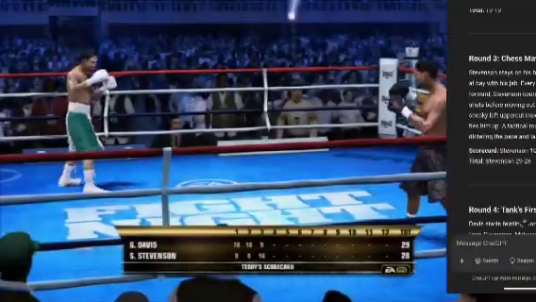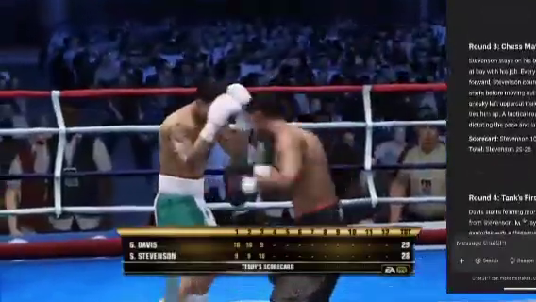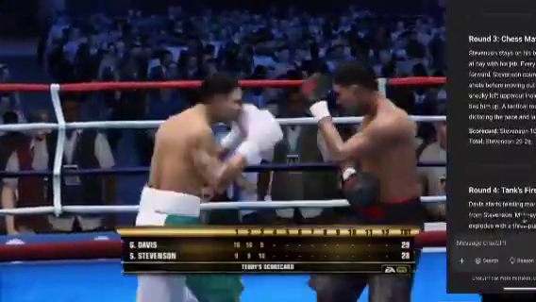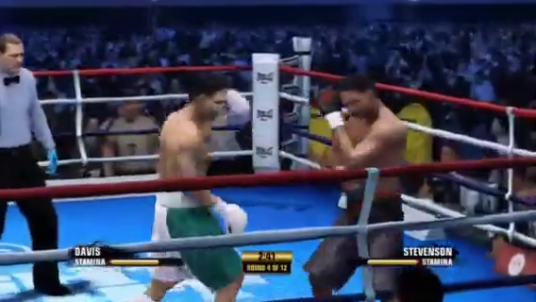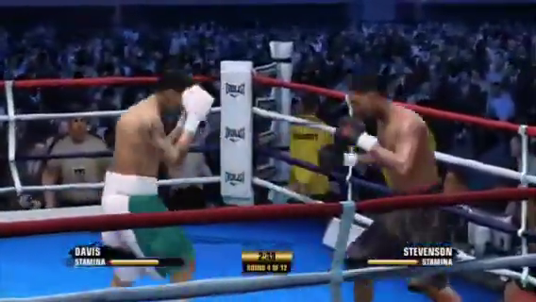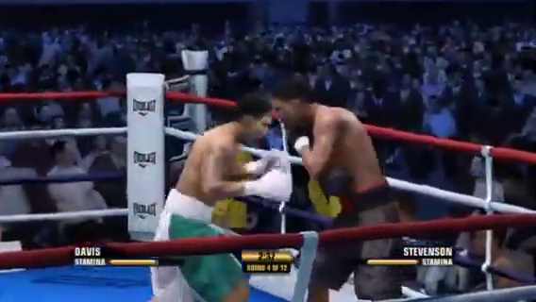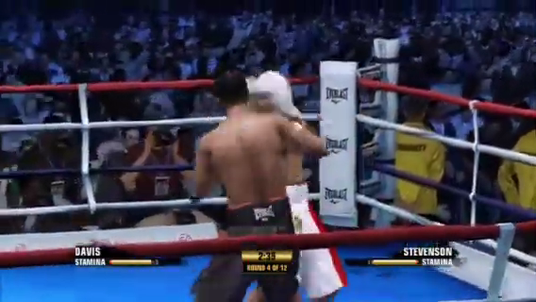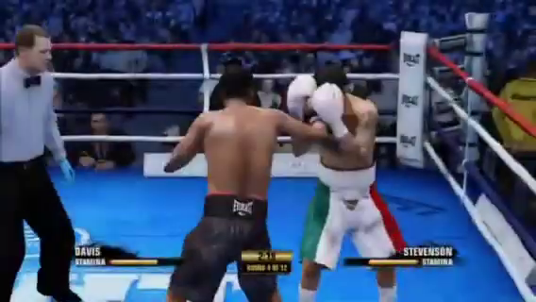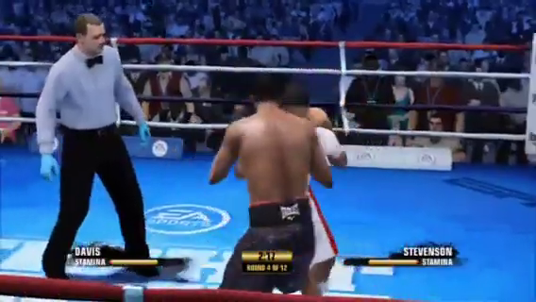Round 4. Tank's first big moment. Davis starts to feint more, drawing reactions from Shakur Stevenson. A 3-punch combination penetrated by a left uppercut briefly wobbles Stevenson. Shakur recovers quickly, clinching and regaining his composure. Davis is pressuring but doesn't get reckless. A strong round for Tank. So Tank comes right back